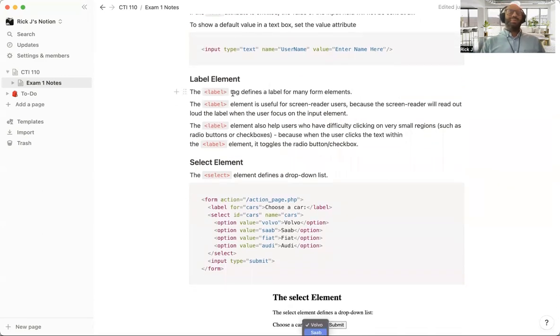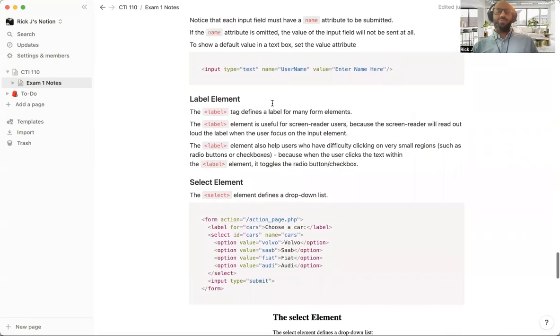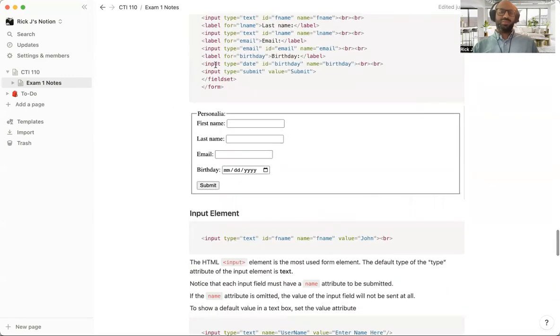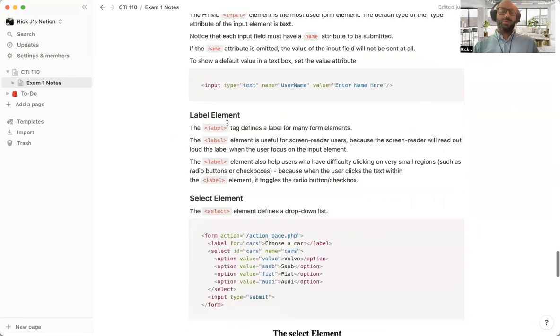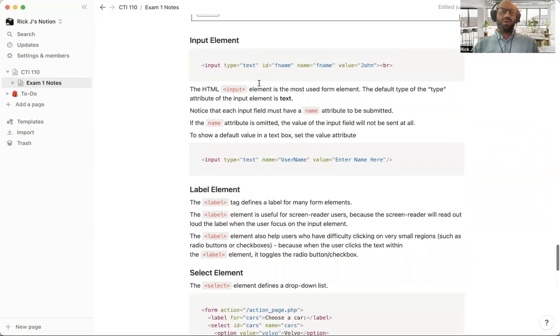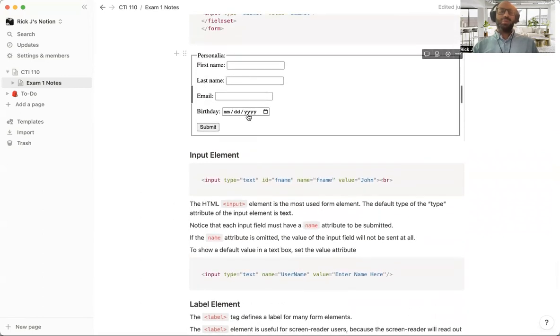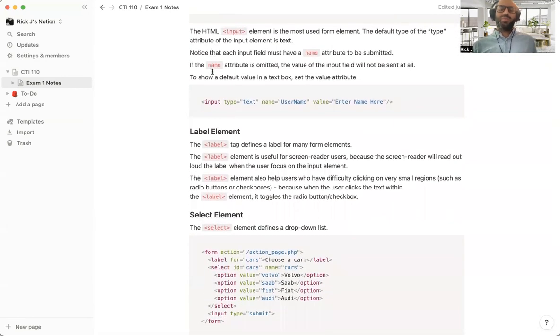The label tag defines a label for many form elements. So each of our input tags has a label next to it. As you can see up here, there's the input, there's a label, there's the input, there's the label. It helps because when screen readers are accessing this page on a web browser, the screen reader will actually read out loud first name box. And so again, going on the topic of accessibility, we want to add labels wherever we can for screen readers, and also because